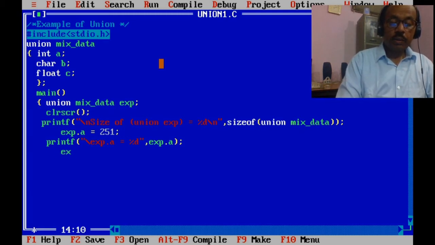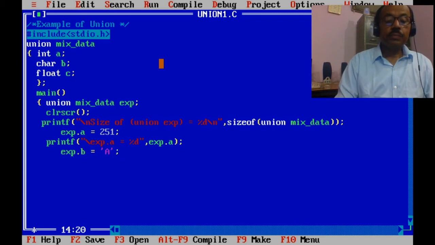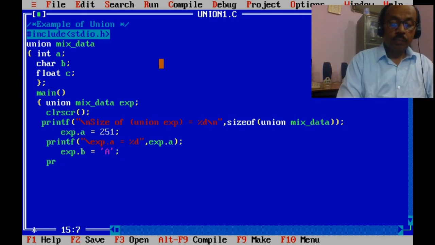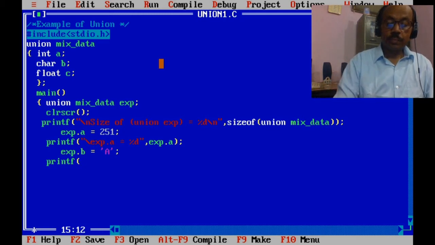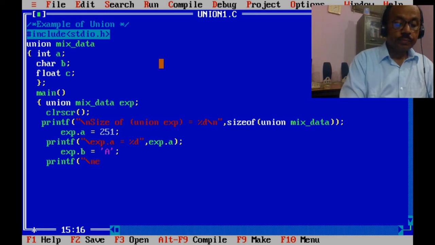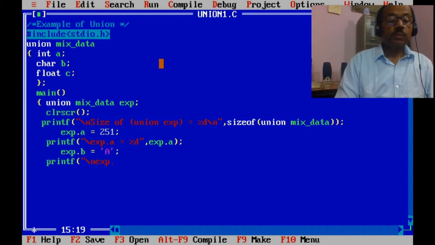Another variable, exp.b is equal to simply a character 'a'. printf("exp.b is equal to %c", exp.b);